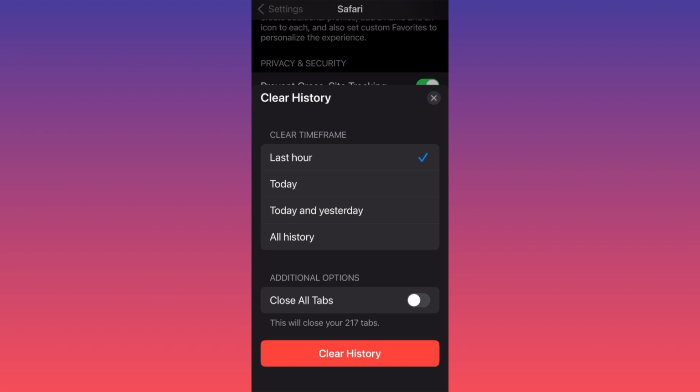This is very important. You also will be able to close all of your tabs over here in a single